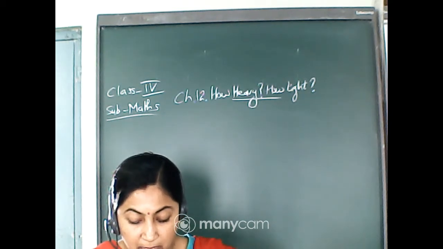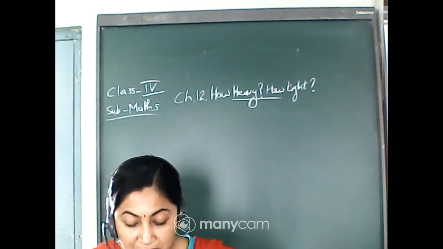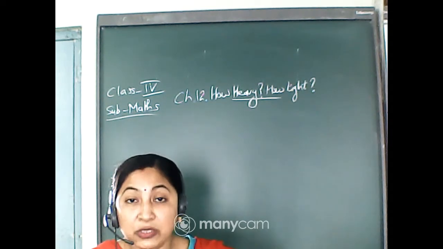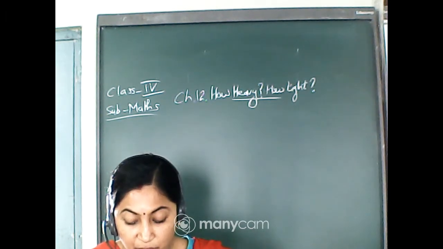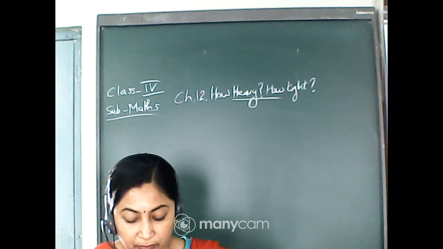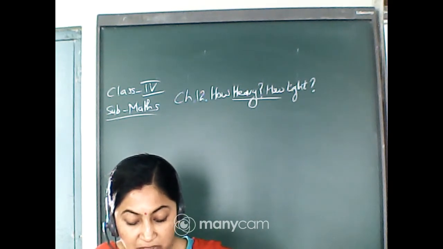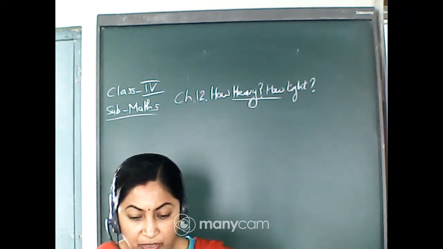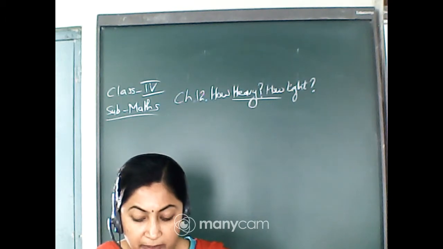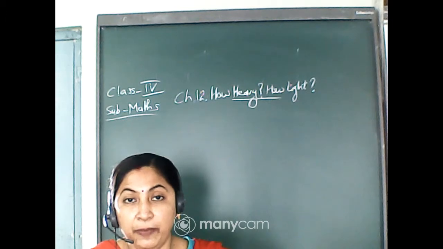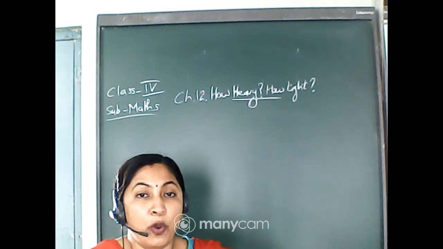Okay. Now see the question. How much does a postcard cost? Now here is one postal rate. One list is given of postal rate. From this postal rate you find out what is the cost of the postcard. Can you tell me what is the cost of the postcard? Yes, it is 50 paise. Very good. It is 50 paise or rupees 0.50.